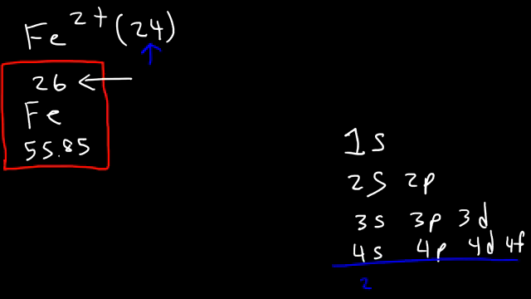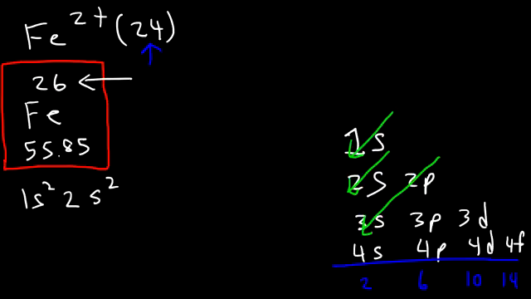S can hold 2, P can hold 6, D can hold 10, F can hold 14. So we're going to start with 1s. So that's going to be 1s2. And then we're going to move on to 2s. So this is going to be 2s2. And then we're going to go to 2p, then 3s. So it's going to be 2p6, and then 3s2. Now after 3s, we got to move on to 3p, then 4s. So it's 3p6,